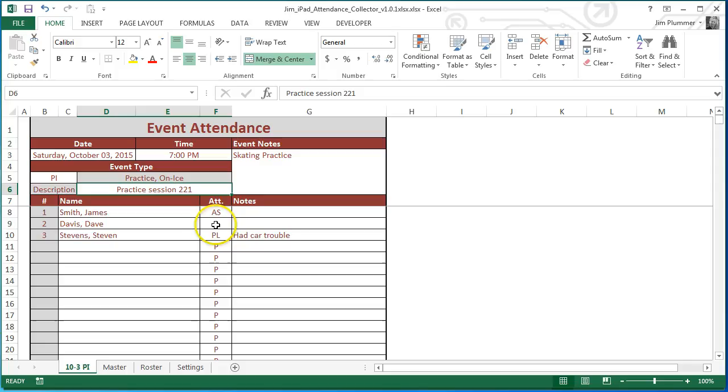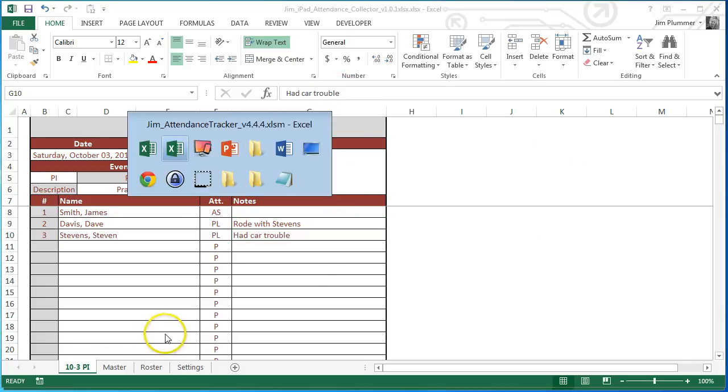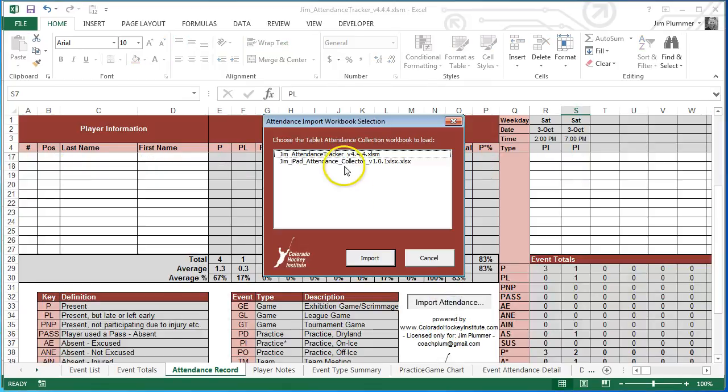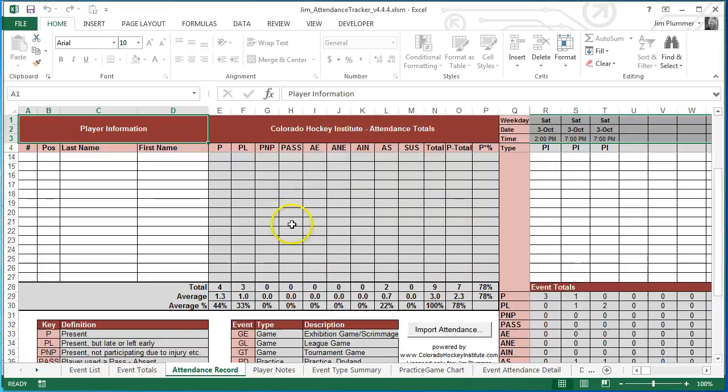Maybe I had this wrong, and this person was also late as well. Alright, so now I've updated that. Spelled Stevens wrong. So I've updated that. When I get back to my master here, I can go and import attendance again, and it will tell me it was successful. So it re-imported